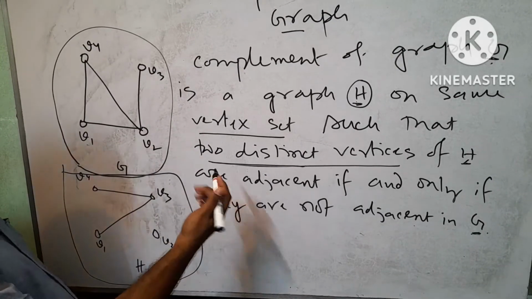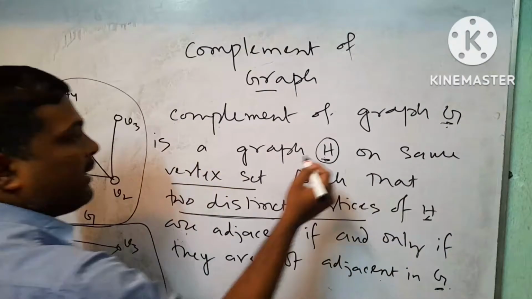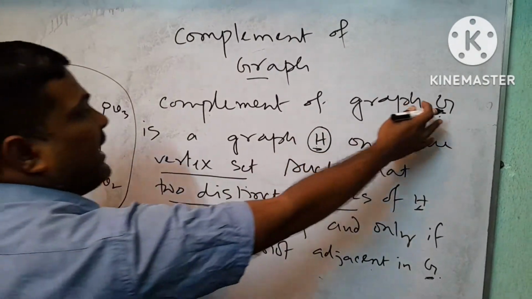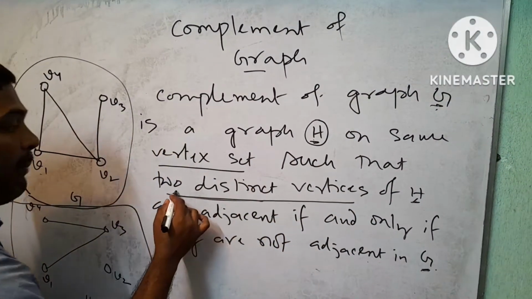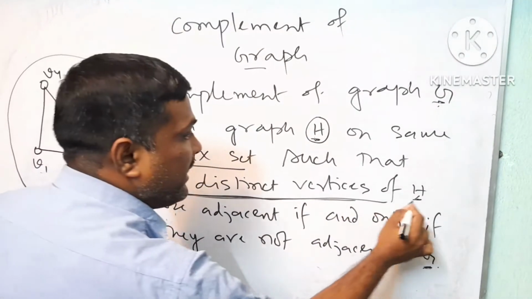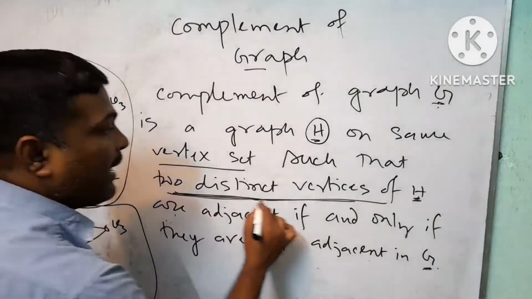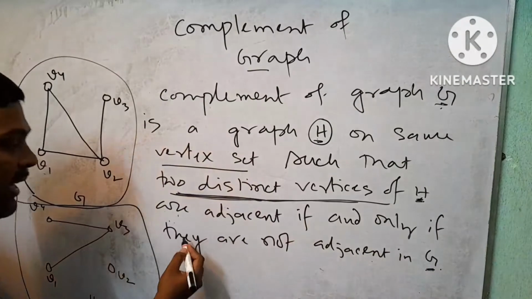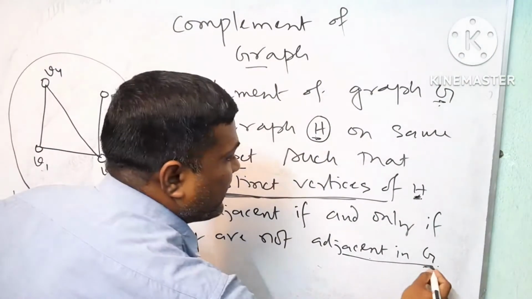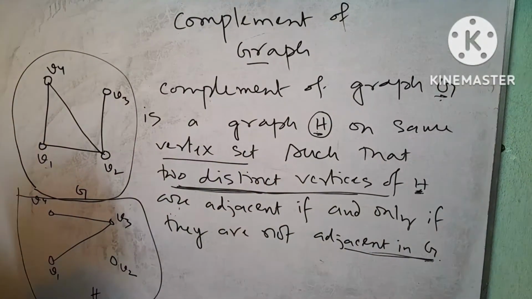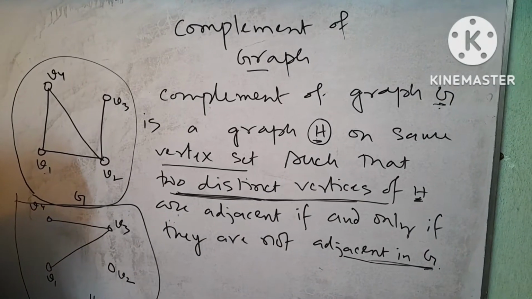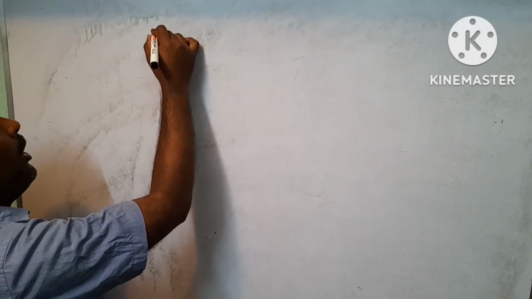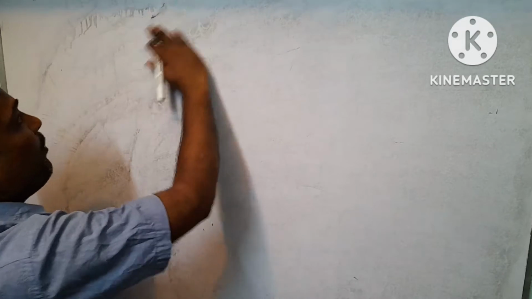So what is complement of a graph? Complement of a graph is a graph on the same vertex set. So G and H both have the same vertex set. Two distinct vertices of H are adjacent if and only if they are not adjacent in G. Okay, this is the definition of complement of a graph. Question is, draw the graph complement of